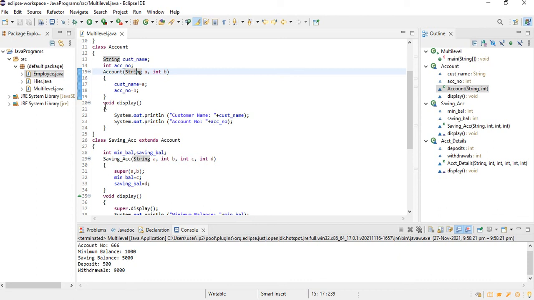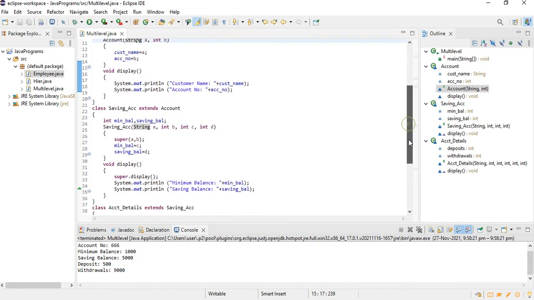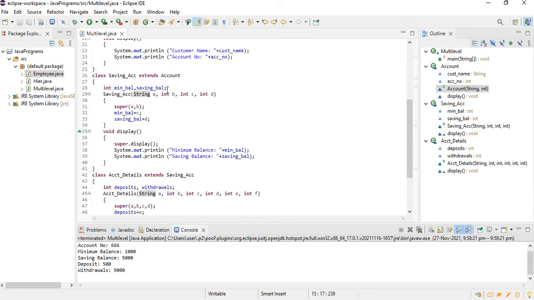Simply using System.out.println. And here is my parent class, because it extends from my grandparent class Account. My parent class name is SavingsAccount, which extends my Account class. Here I have two data members, minimum balance and savings balance. Again I am using a constructor to assign values for my min balance and savings balance.